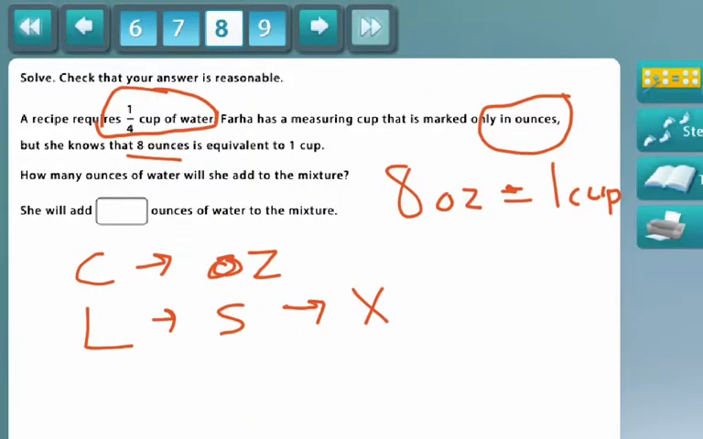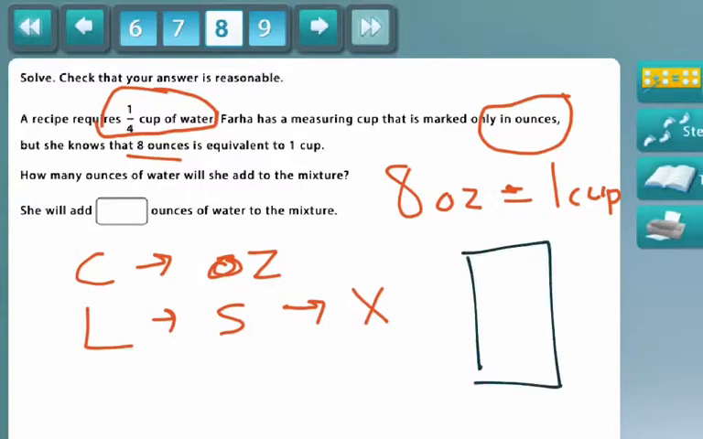Question 9 is a multi-step problem. It's a little tricky because you're dealing with fractions. You have a 1/4 cup of water that you need for the recipe, but her measuring cup only measures in ounces, so you need to figure out how many ounces is 1/4 of a cup. She knows that 8 ounces is equivalent to 1 cup. A couple ways to do that: you can find the proportion, but another way to do it is to say,